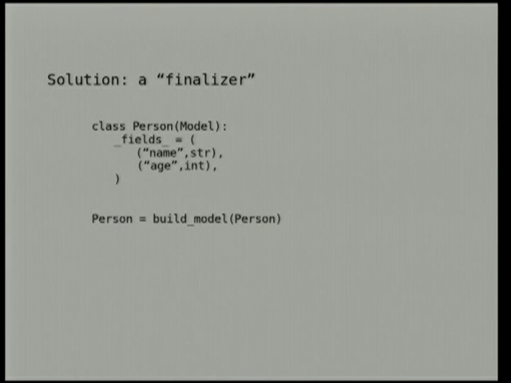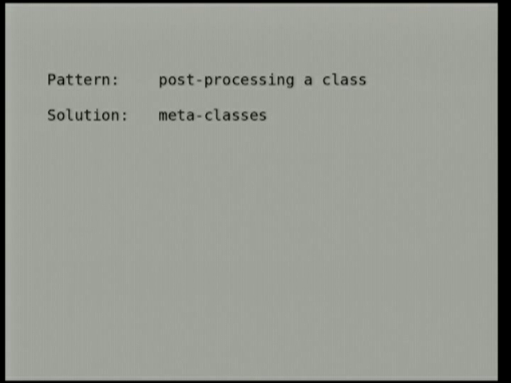And quite a common pattern that you'll see, if I go into the pattern slide, there we go. Quite a common pattern that you'll see is like you'll have some class and then you'll need to do some post-processing on it to fill in some defaults or make sure that it's got sensible things defined on it. This might be registering a plugin, for example. It's quite a common pattern to take a class and then do something with it after it's been declared. I think Python 2.6 has class decorators that let you do this, but that's still noise, right? I'm saying I'm building a model, and then I'm building a model again. So if you find yourself in a situation like this,